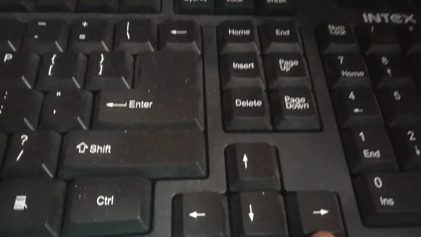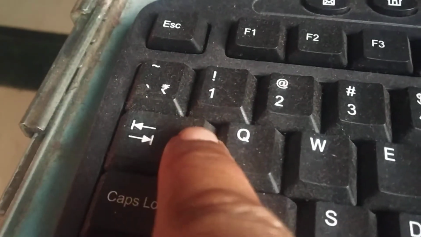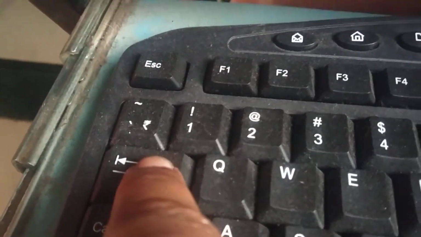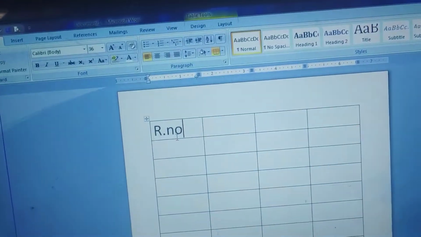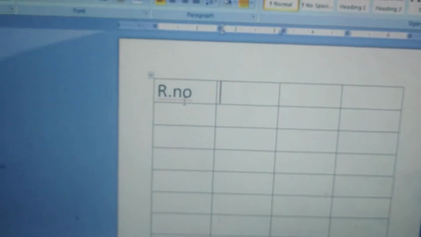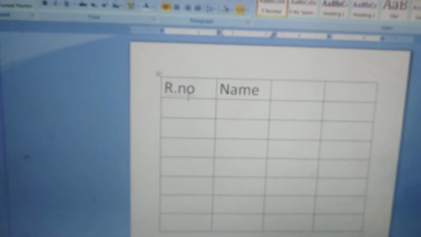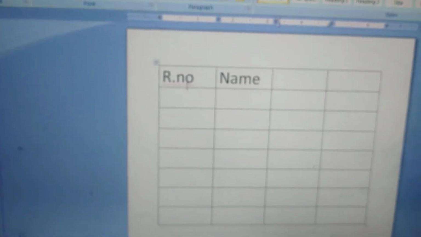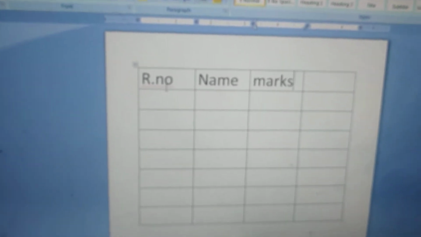Or see here, the Tab button is there. You can press this Tab button also. When I press this Tab, my cursor will move to the next cell. Here I will write name and then Tab, marks.